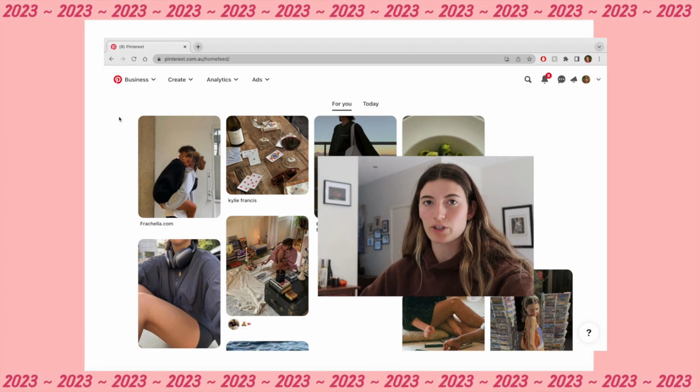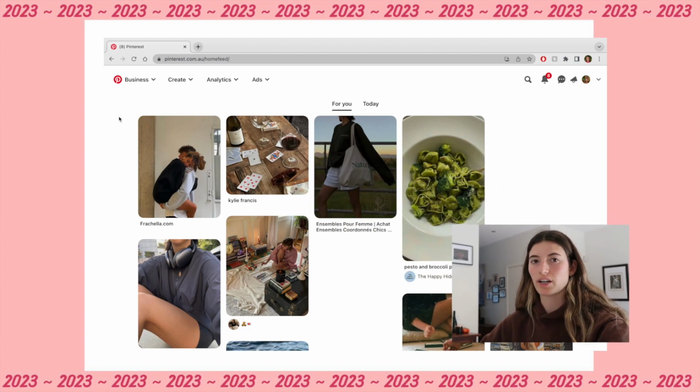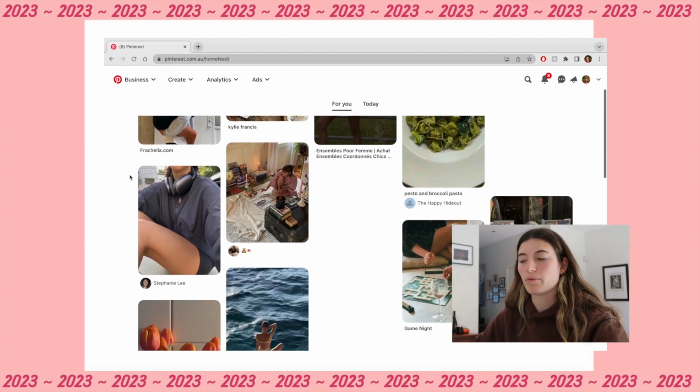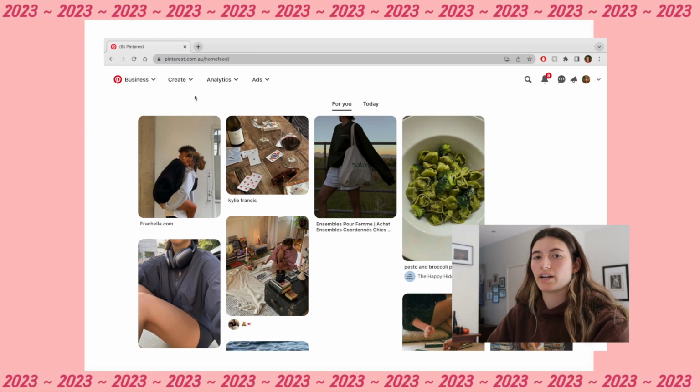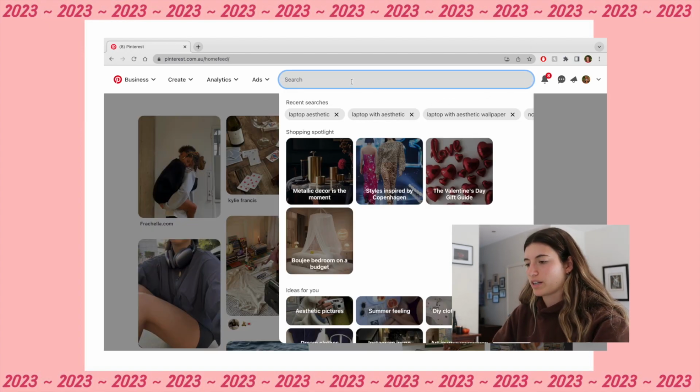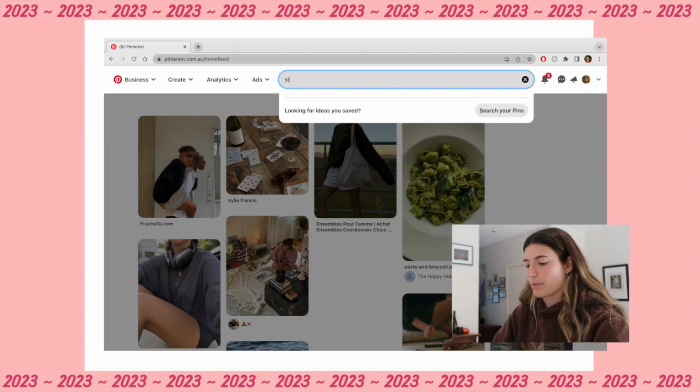I have it loaded here, and first, I'm going to search for pictures just on my home feed in order to start the new board that we're starting. So the first term that I'm going to look up is, I've been really into strawberries lately and I want to incorporate them more into my daily food and breakfasts that I have. So I'm going to look up